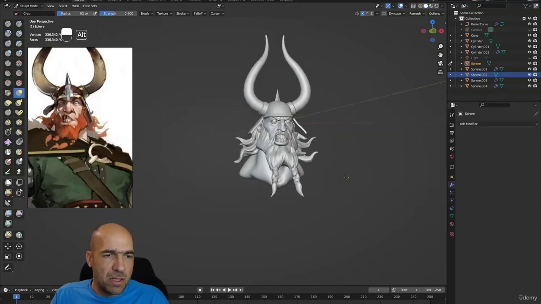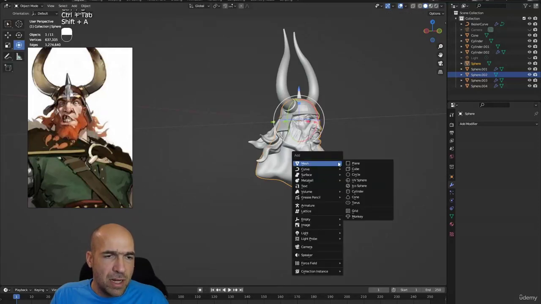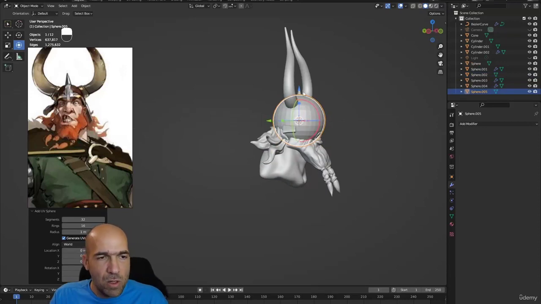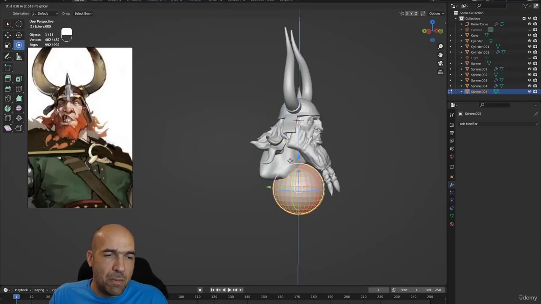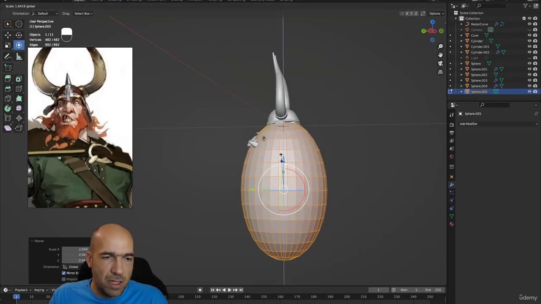Now, we have 10 minutes left in this video. Let me see. Yes, we can go. I will save with Control S, and we can start making the body. I will make it with a sphere again. I create the sphere in object mode, because usually we create things in object mode, at least now in this Blender. Then I go to Tab, move it down, scale it up,